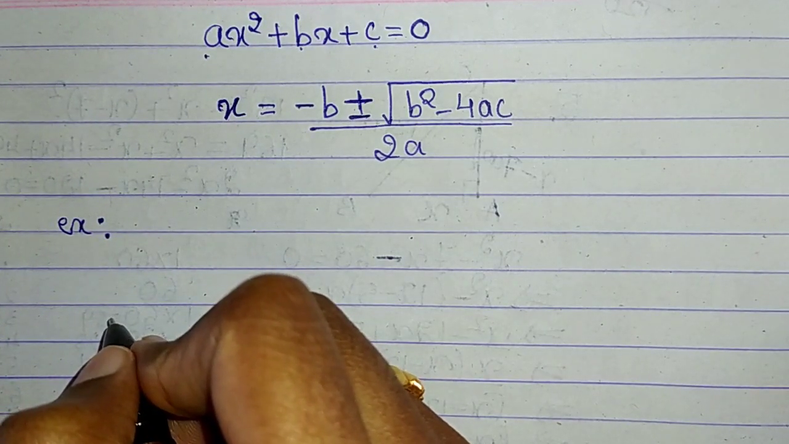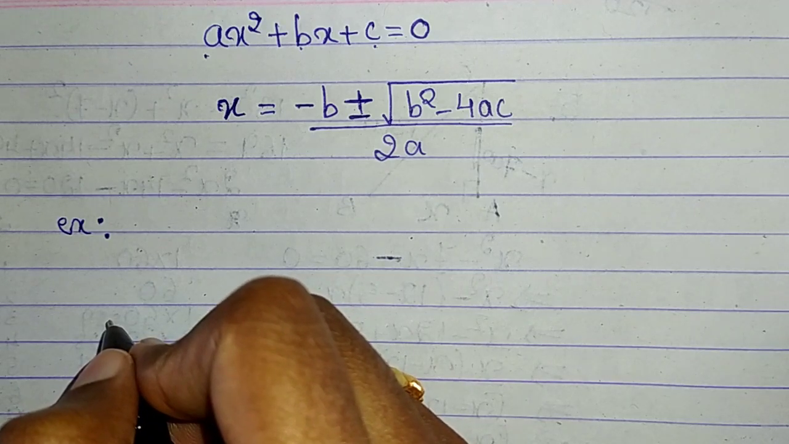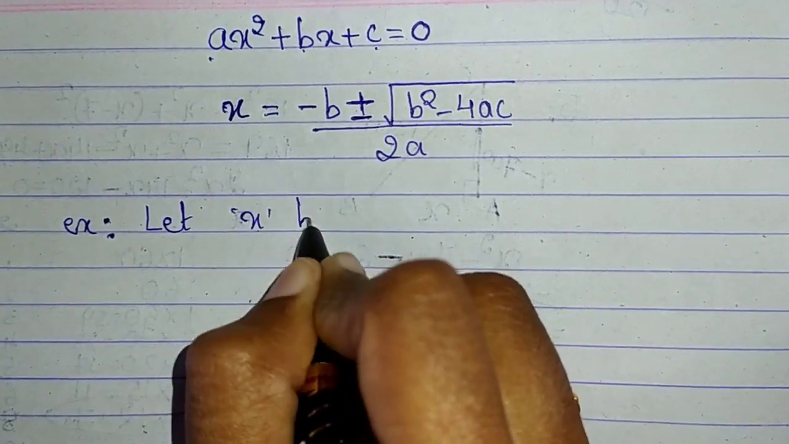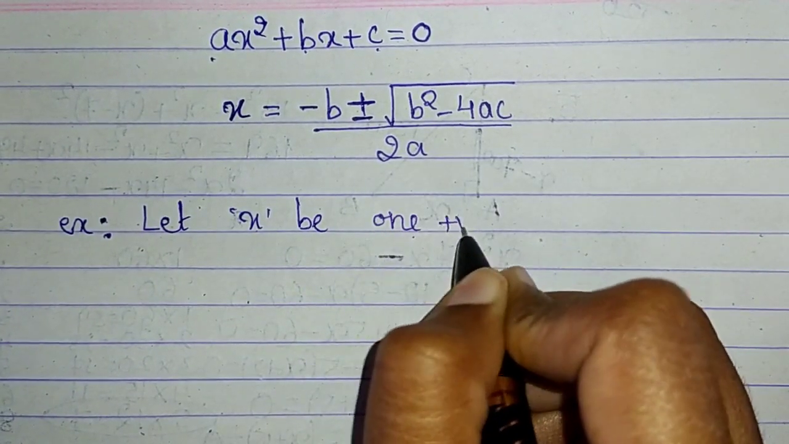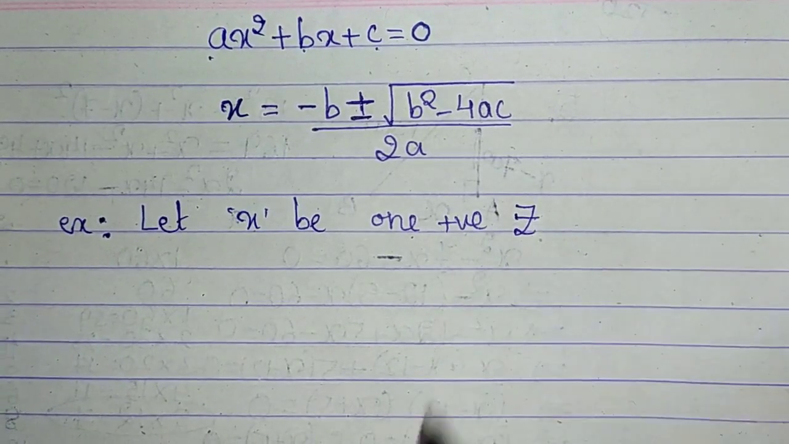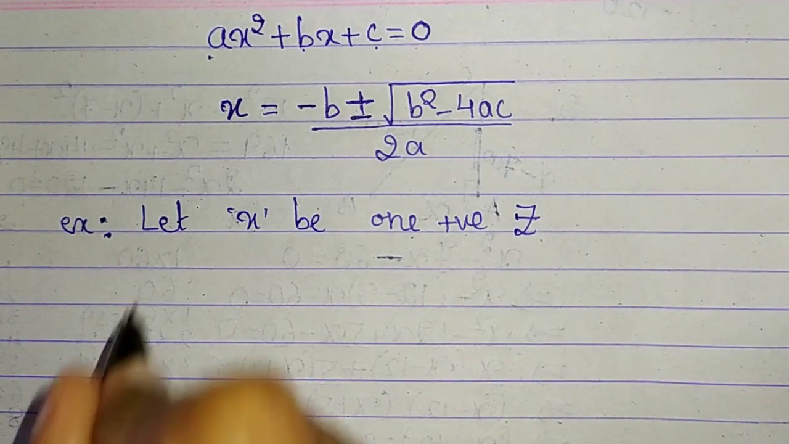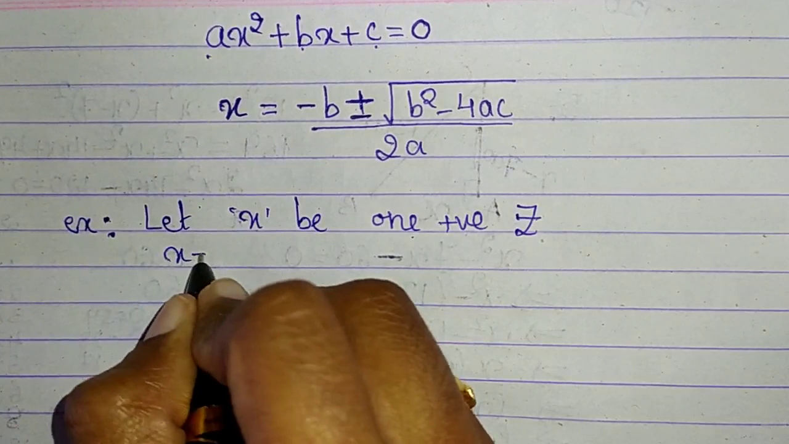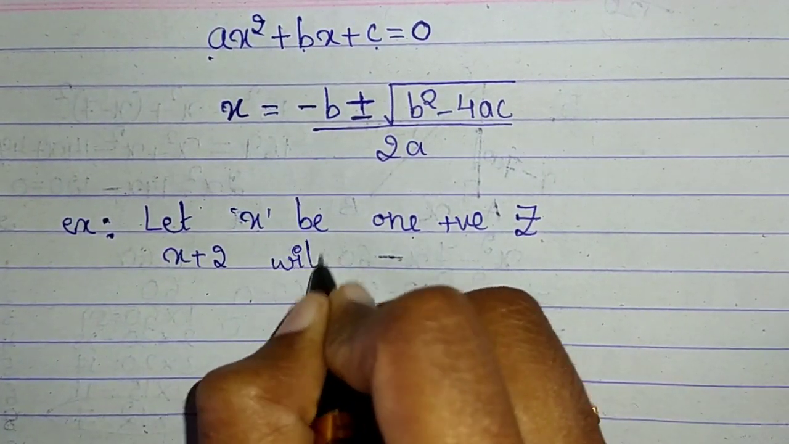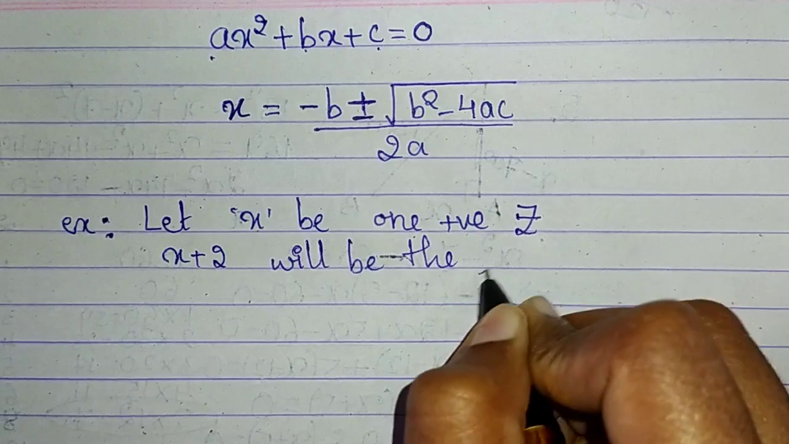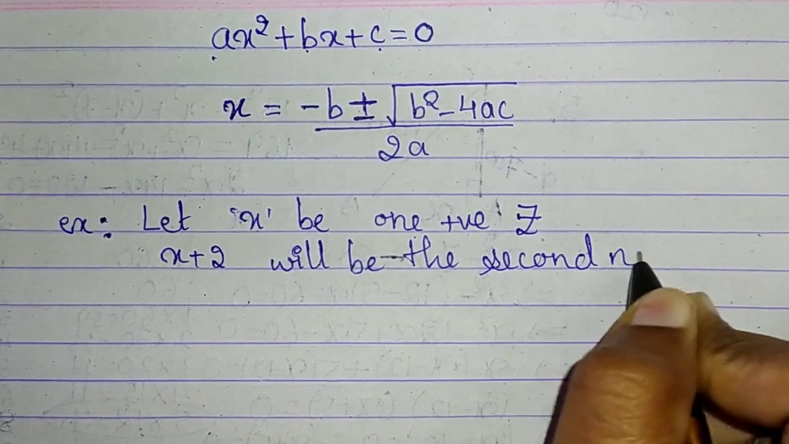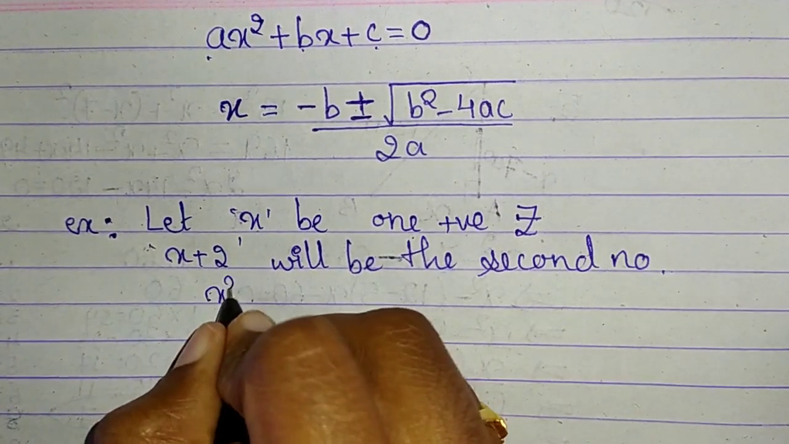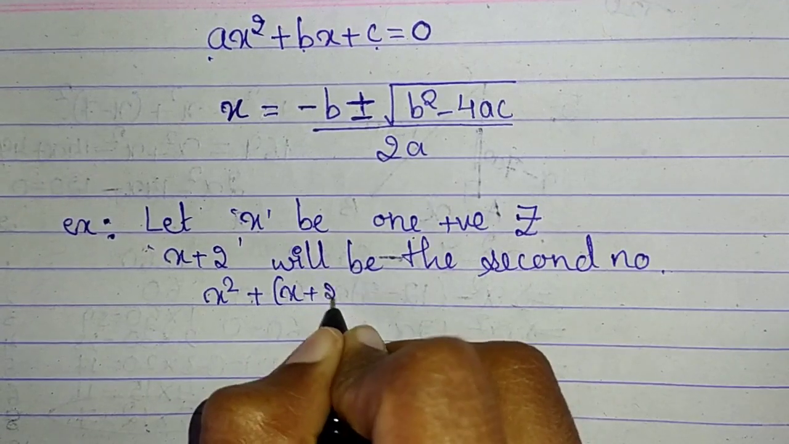Find two consecutive odd positive integers, the sum of whose squares is 290. Let x be one positive integer, x belongs to Z, meaning integers. Since they are talking about consecutive odd integers, x + 2 will be the second required number. Now the sum of their squares, that means x² + (x + 2)²